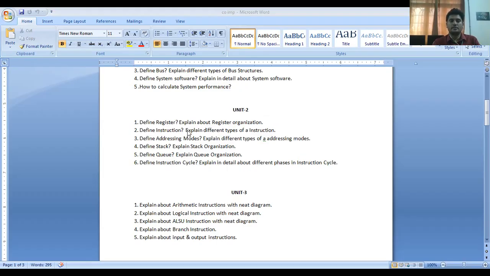Define stack and stack organization, queue and queue organization, define instruction cycle and different phases in the instruction cycle.